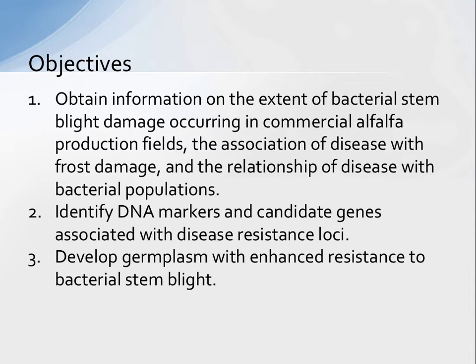Everybody's nightmare. So the objectives of this research are to obtain information about the extent of this disease occurring in commercial alfalfa production fields, its association with frost damage, and the relationship of disease with bacterial populations. We want to identify DNA markers and candidate genes associated with resistance, and also develop germplasm with enhanced resistance to this disease, with the ultimate goal of delivering germplasm that has better disease resistance and hopefully better frost resistance